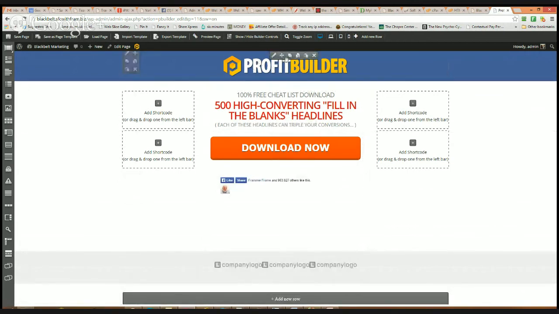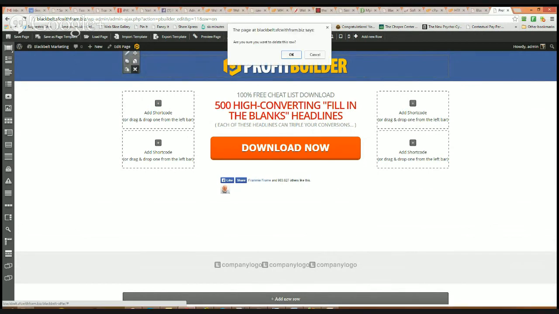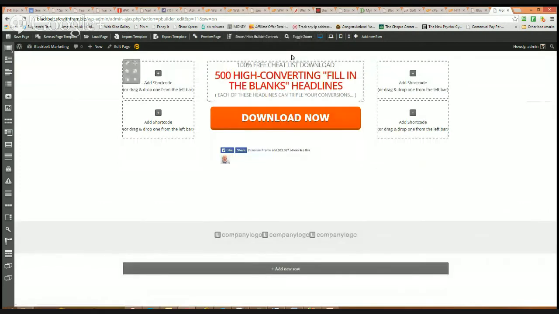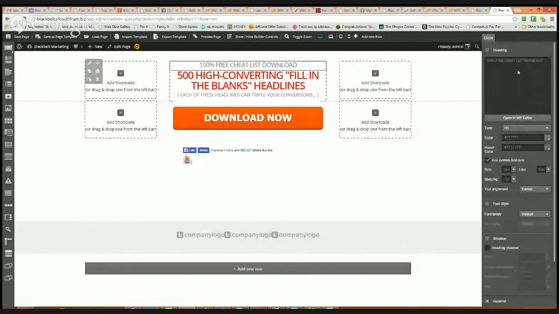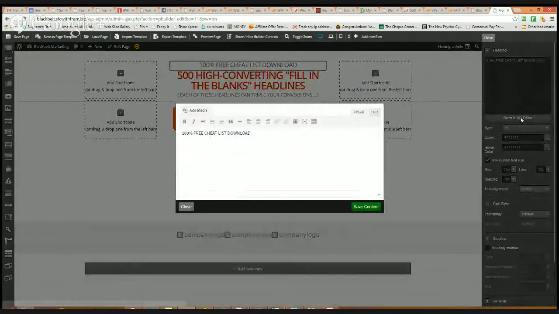a template there. We don't want the Profit Builder header in, so we can just, this one edits the information in there, this edits the row, okay? So we just get rid of the whole row. You sure you want to delete this row? Yep, okay. You can now edit the page. It opens this. You can open an editor like this, and